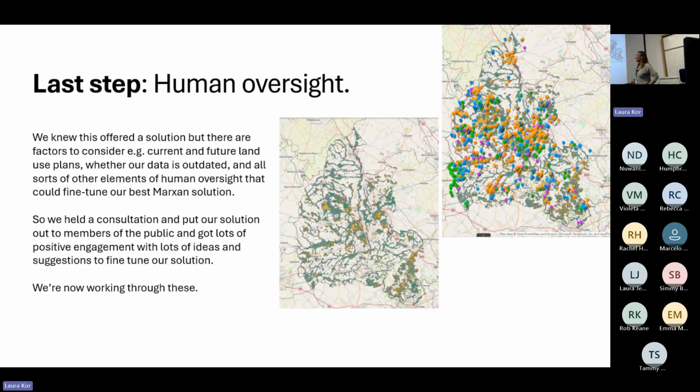Last step, asking people what they thought. So we had a solution from that draft, and it was a quick way to produce an efficient solution. It really was very helpful. And what we felt we needed to do is then take that to people and invite them to help us fine-tune and shape the boundaries and the actions that we've mapped. So we did hold a consultation. We got about 2,000 responses, lots of positive support for it, and lots of suggestions for fine-tuning. So that's now what we're working through.